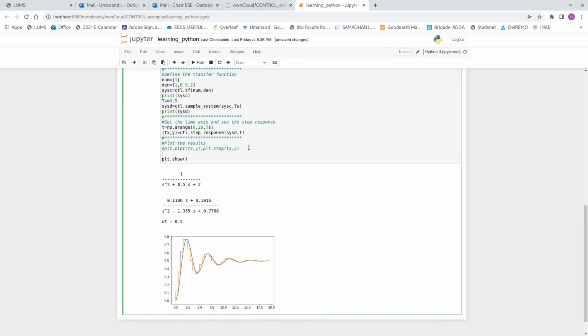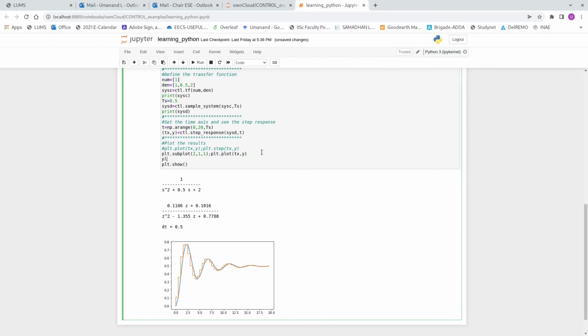Let me use subplot. So I will use the plot module and subplot. You would probably have used subplot in MATLAB or Octave. So there are two plots, and this is 1, 1 plot coordinate. So you have plot, and then I will plot t comma y, tx comma y. So this is my first plot,